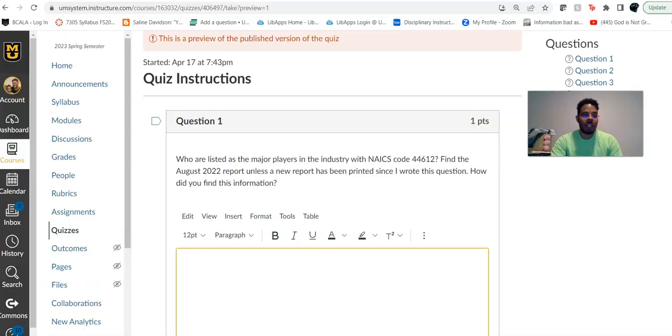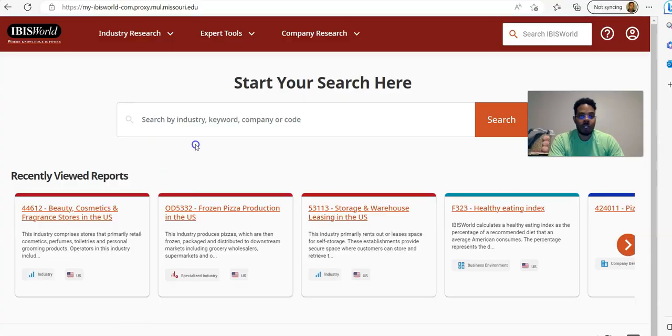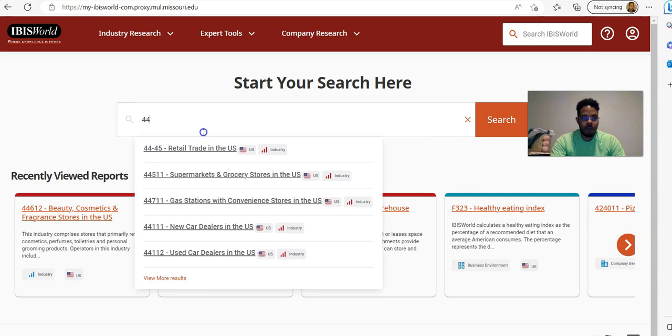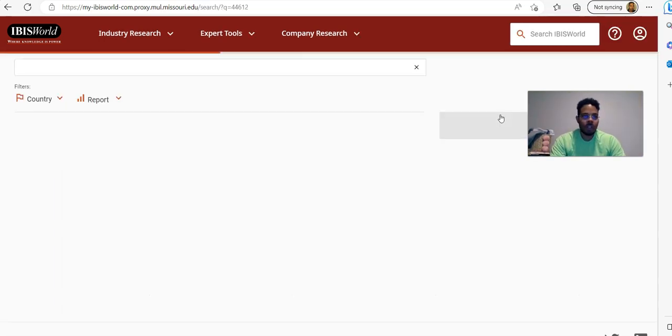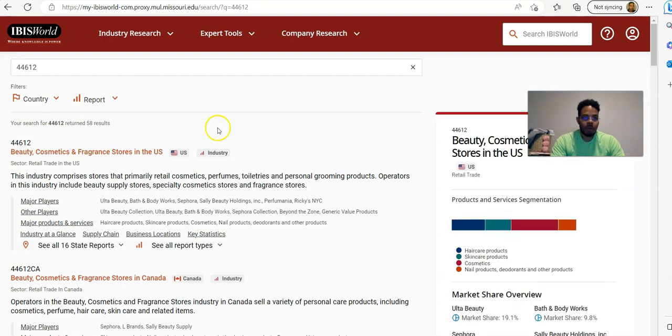So let's go ahead and get into it. All right, so let's start it off. Again, who are listed as the major players in the industry with NAICS code 44612? Find the August 2022 report, unless a new report has been printed since I wrote this question. And how did you find this information? So we're going to go ahead and put that in there. 44612. Search. That's going to be our NAICS code. That's going to bring us here. And then what we're going to do